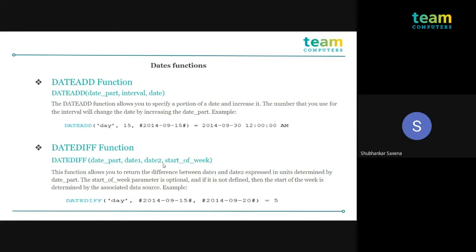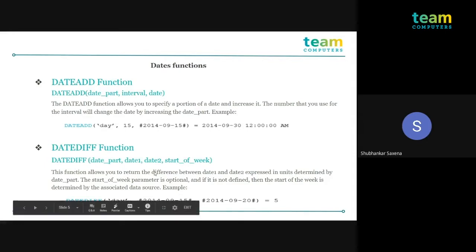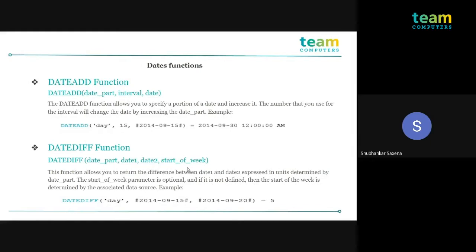If we are using the start of the week, it defines the week from where you want to calculate the date difference. If you are not specifying it, the start of the week will be determined by its associated data source.